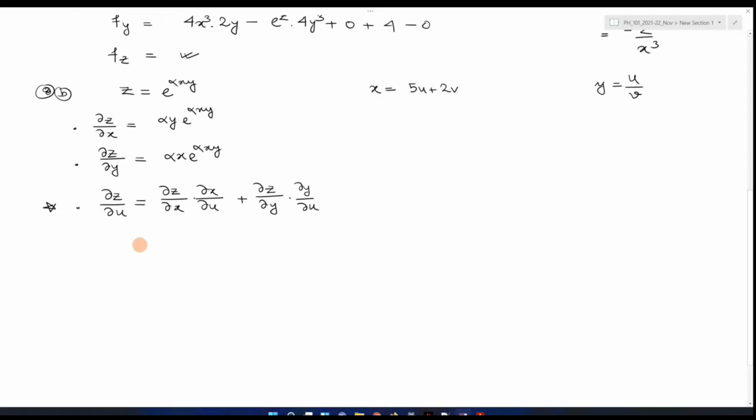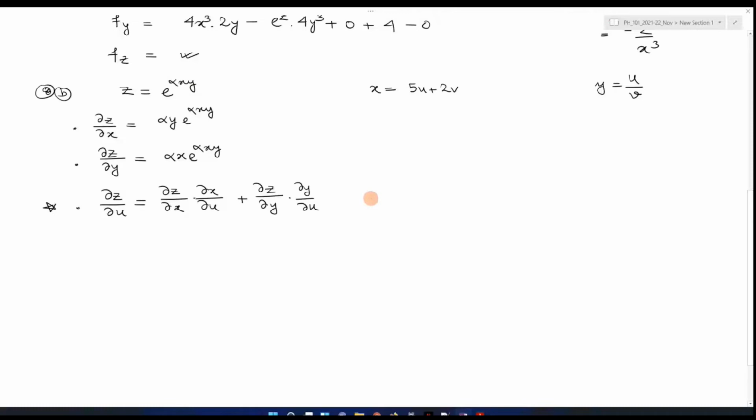Yes, sir. Anybody have any confusion? How to write? You have to find del z by del x. So every time eventually should give del z by del u. Del x, del y get cancelled. And this z is only function of x and y. That's why we have written x and y. If there is one more term, suppose t, then we have to write del z by del t as well.